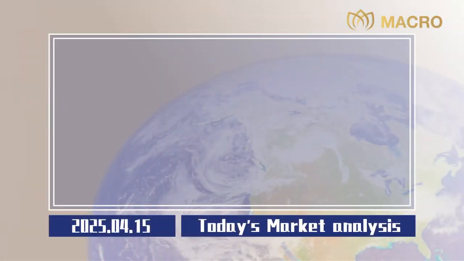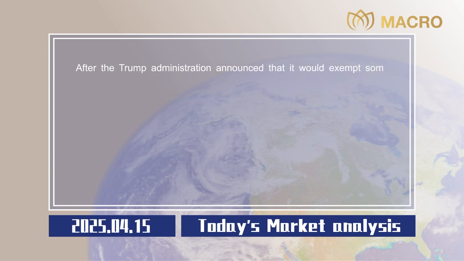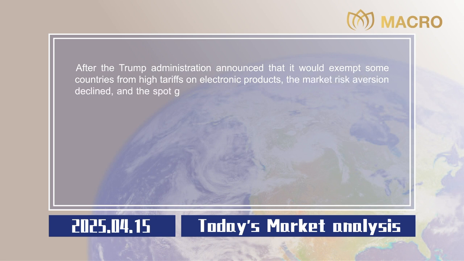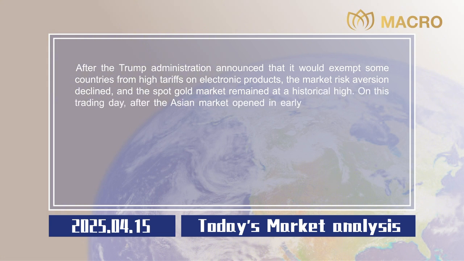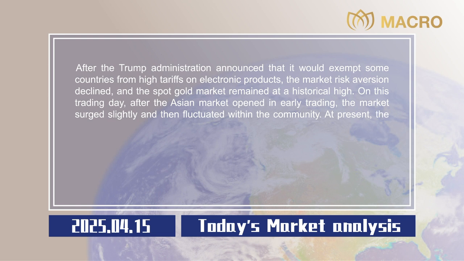Market analysis. After the Trump administration announced that it would exempt some countries from high tariffs on electronic products, market risk aversion declined, and the spot gold market remained at a historical high. On this trading day, after the Asian market opened in early trading, the market surged slightly and then fluctuated within the range. At present, the trading volume is around